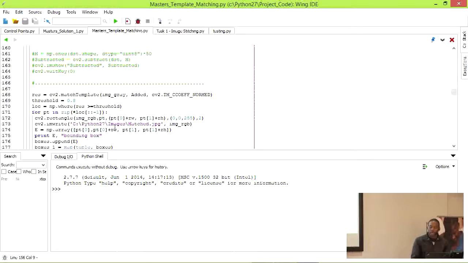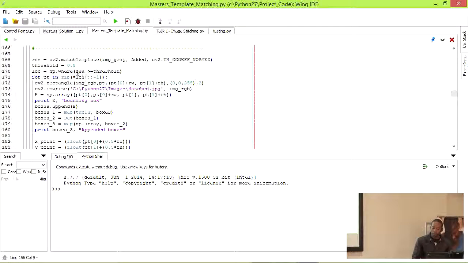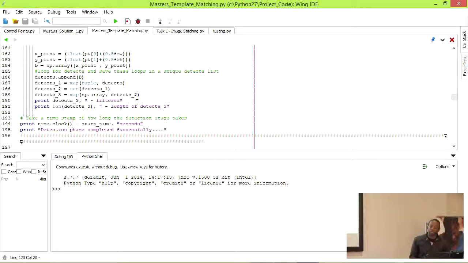Okay, and then I ran this through a threshold to match the template, and this is where the template matching really comes into play. Once you run it, you get your results: this has been detected, this hasn't been. And this is really the point of detection. So I think that's about 191 lines of code, including the lines where I manually put results in. And this is all up until the detection.